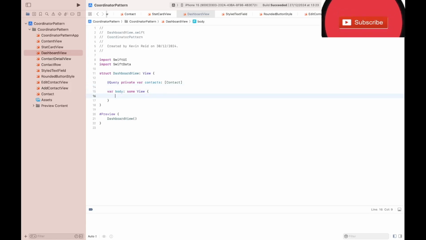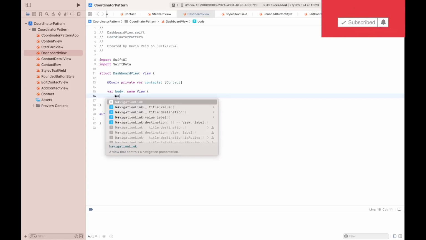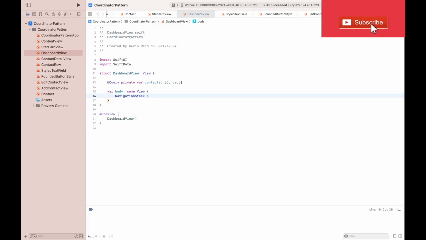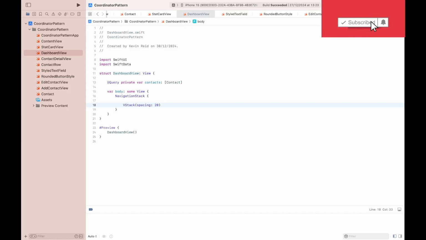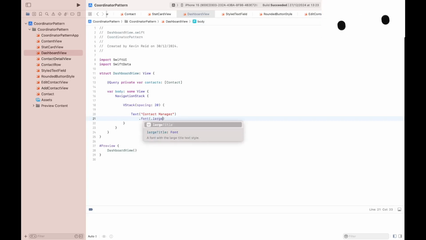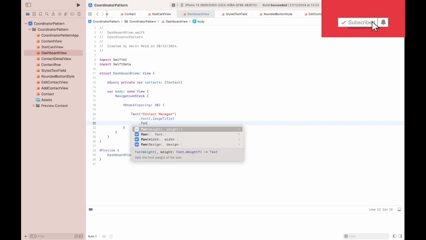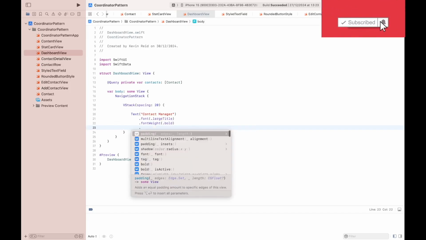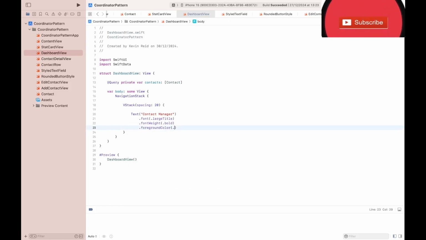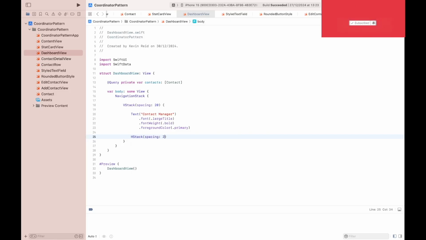We can delete line 16, add a navigation stack, VStack, spacing of 20 elements, Text, Contact Manager, .font large title, .fontWeight bold, .foregroundColor primary, and we also need to create a horizontal stack